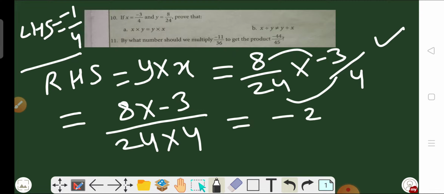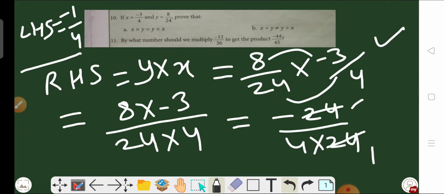Again this is equal to minus 24 by 4 multiplied by 24. Similarly 24 is the highest common factor between numerator and denominator. Again this will become 1 and this will become minus 1. So again the right hand side is equal to minus 1 by 4. We have found our left hand side is equal to minus 1 by 4 and right hand side is also minus 1 by 4. So from here we can say that